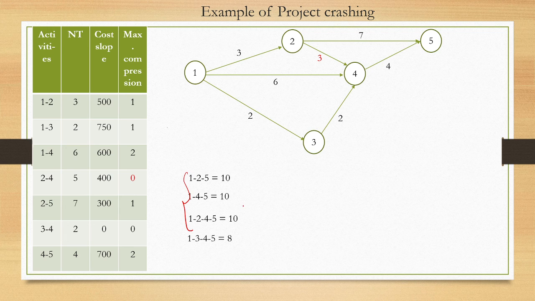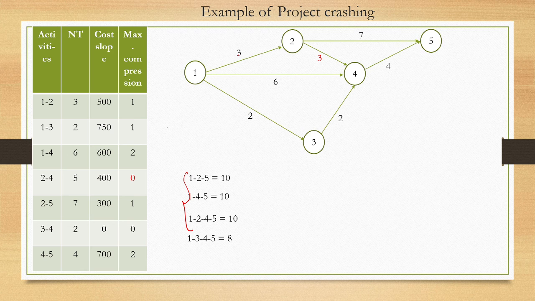So what does it mean? If you reduce only a critical activity from this path, will it reduce the project duration? No, because the project duration is 10 and the other paths are not getting reduced, right? So you have to select from all three, and then you can reduce the project duration. So here we will see what alternatives we have. Let's see what these three paths are. One is this one, another one is this one, 1 4 5, and the last one is 1 2 4 5. So we have three critical paths.